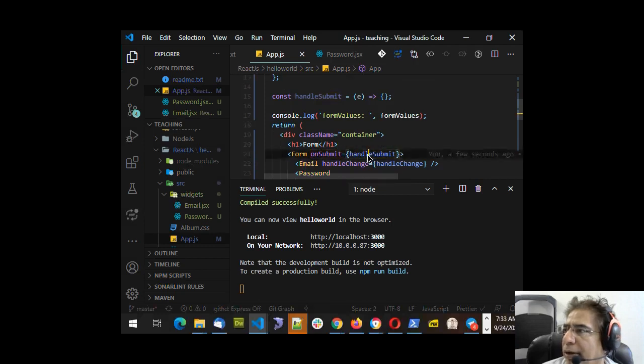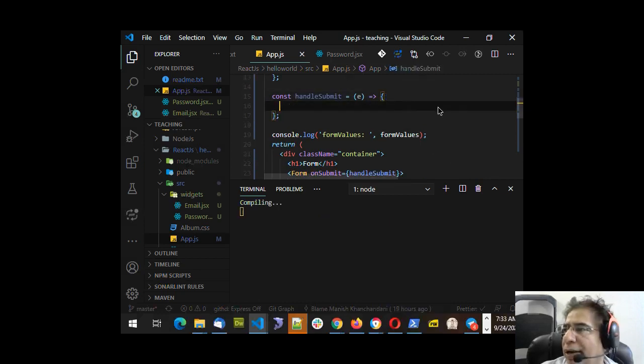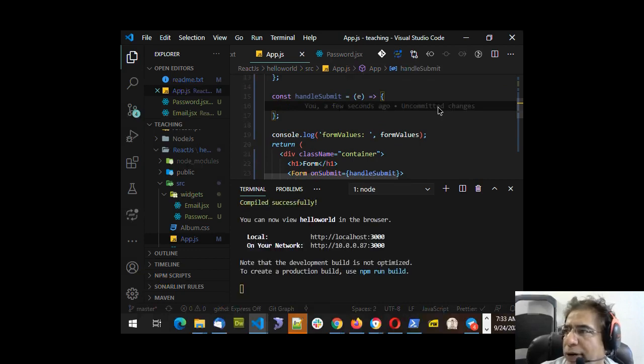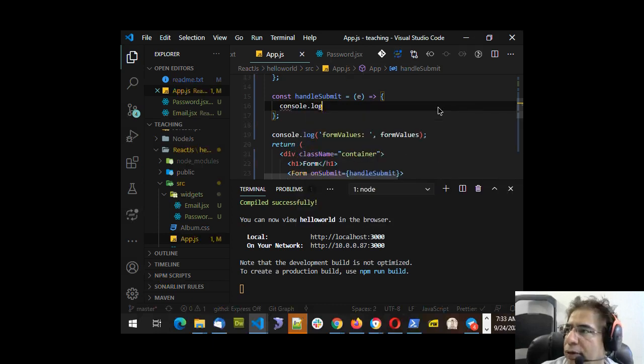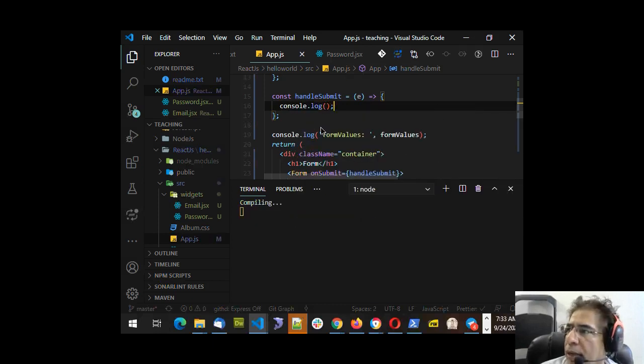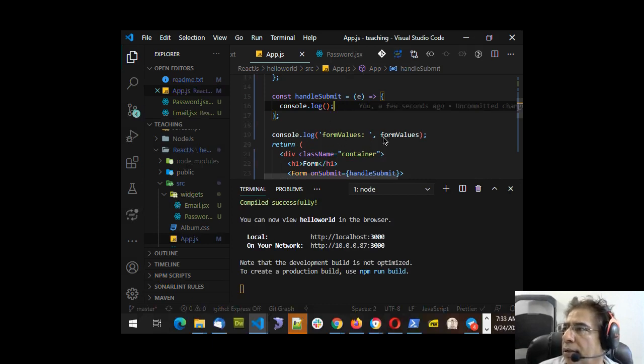Handle on submit, handle submit function. Inside the handle submit we have to write something. Right now I don't have any database or backend call. I'll just console.log whatever is coming in the form values. So I will say console.log, final submitted object is